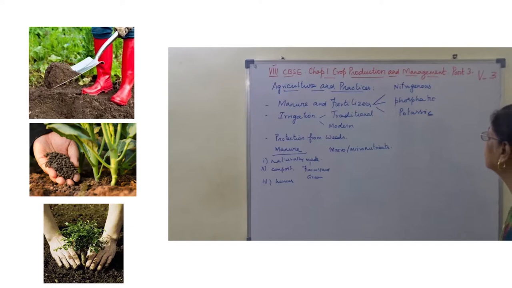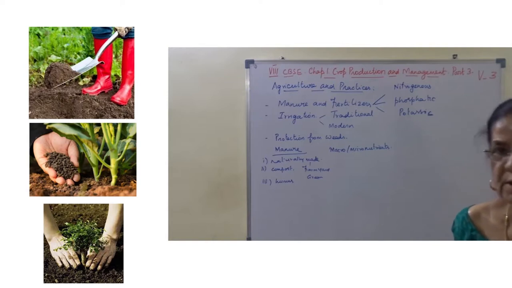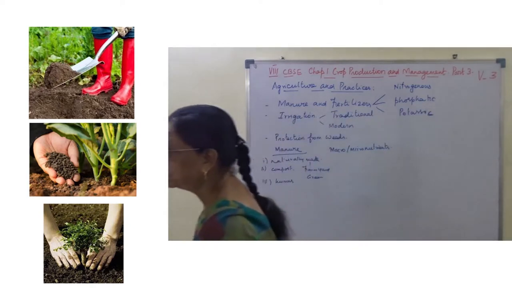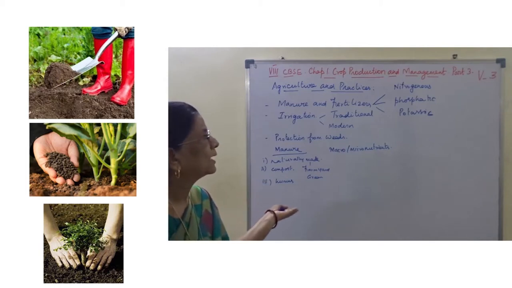For phosphatic, there is ammonium superphosphate, and the phosphate fertilizers are used to meet the requirement for nutrients. Okay? Now at the same time, when the plant requires a nitrogenous compound, we can supply both manure